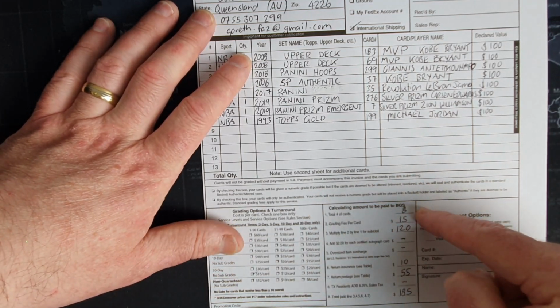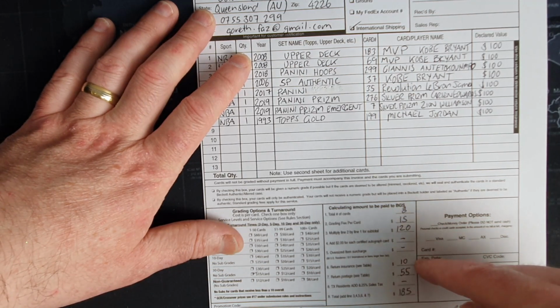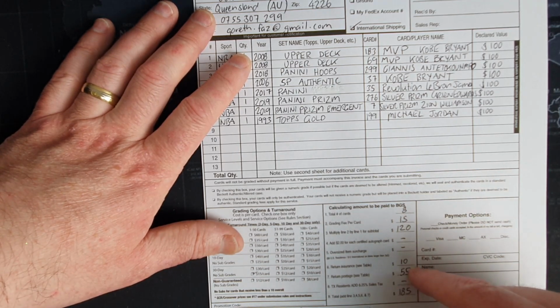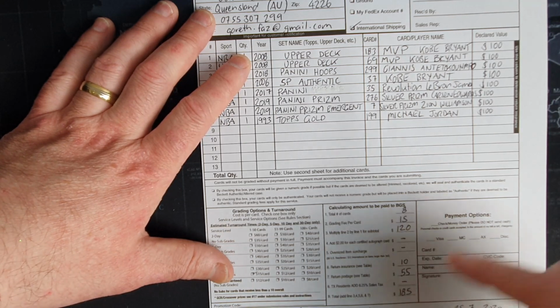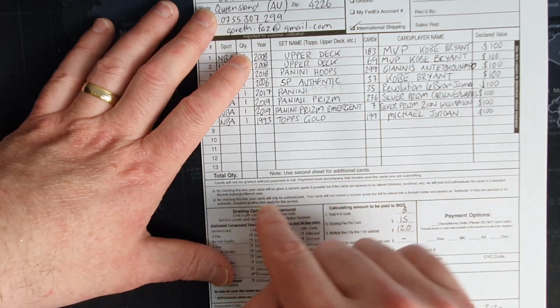Total number of cards: 8. The grading fee, what that is, no insurance, $10 for the lot, and $55 postage, and the grand total is that. So that's basically it in a nutshell. Okay,